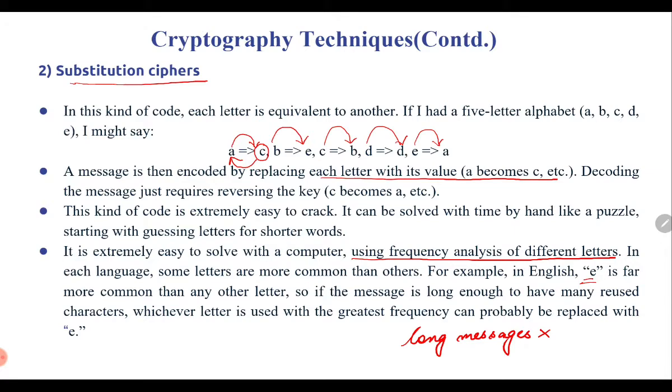However, if the sentence is very long, let us consider a sentence which has around 10 words or 15 words. Within 10 or 15 words, the most frequently occurring letter could easily be identified, followed by the next frequently occurring letter, and then we can easily decode the substitution cipher. So here we have to understand that long messages are not a very healthy option for using substitution ciphers.